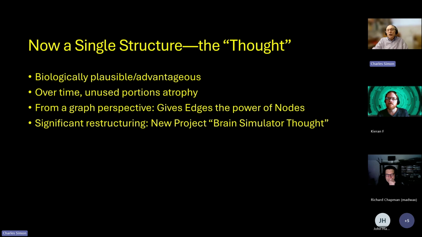And so there was significant restructuring of the project. Rather than try to make things compatible with the existing Brain Simulator 3, I've created a new project on GitHub, and it is Brain Sim Thought. The reason I've done this is simply not to fool with backwards compatibility. It made it a whole lot easier to work on. I'll talk about that in gory detail if you ask at the end of the day, but I think it's interesting enough to justify its own conversation. So we'll pick that up again later too.